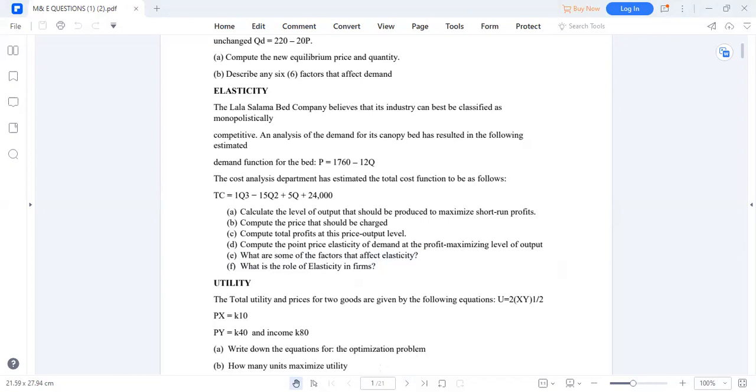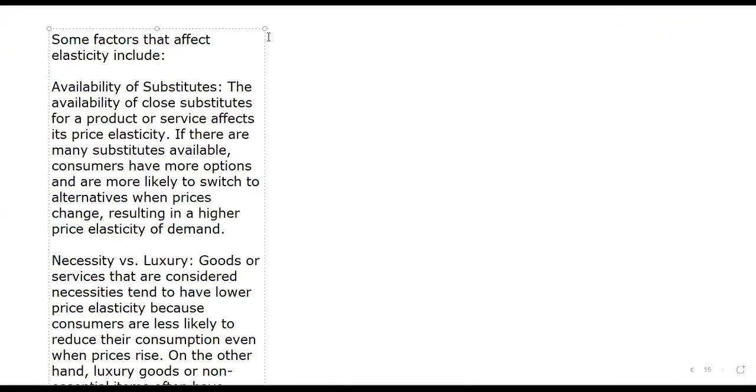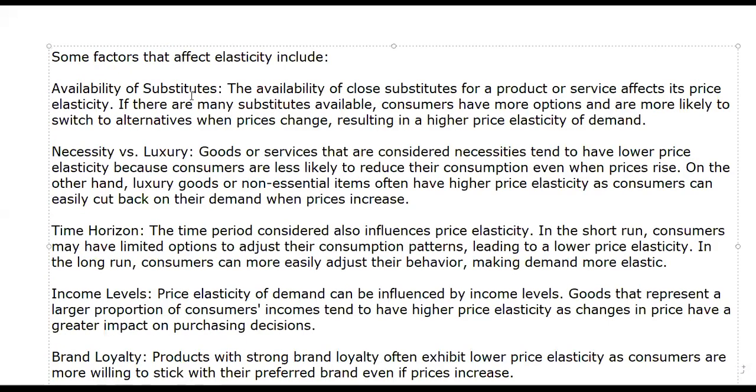They are different. They're different. What are the factors that affect elasticity? Yes. So factors that affect elasticity will include availability of substitutes,